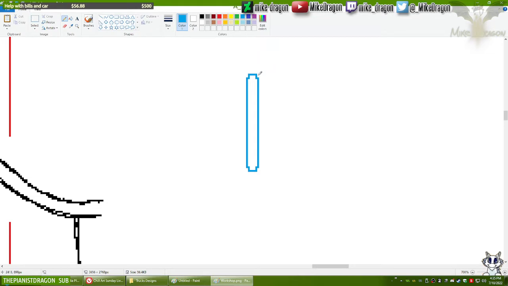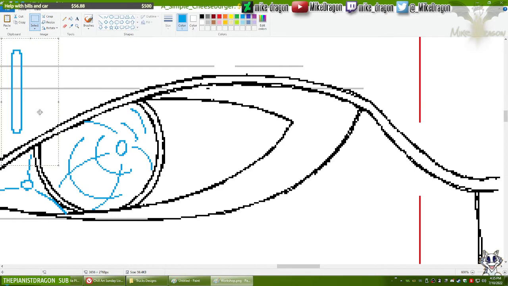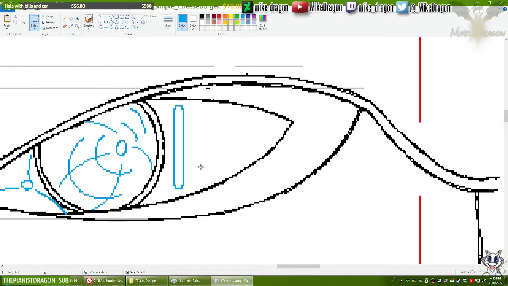Are these even? 2 pixels there, 2 pixels there, yes. Alright, now let's copy this. Paste them here. But first, hang on.